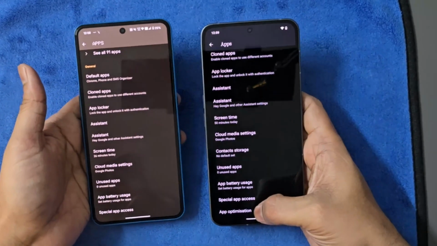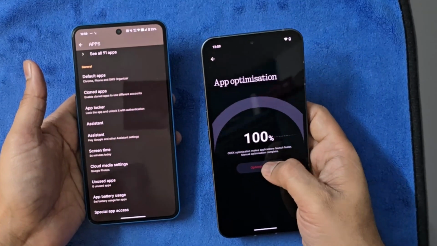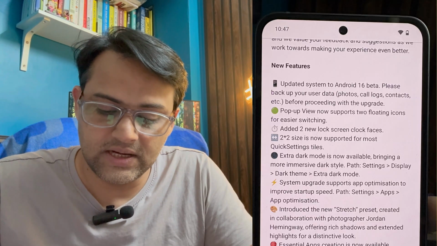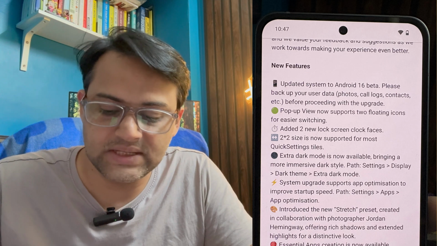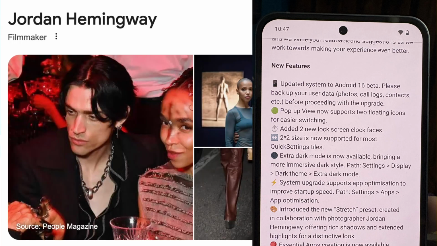Here I see app optimization. When you click, it's already 100% optimized, and the button is also disabled. Maybe after using it for some time, if Nothing OS feels that it needs an optimization, it will enable this button. Moving on, they introduce the new Stretch preset created in collaboration with the photographer Jordan Hemingway, offering rich shadows